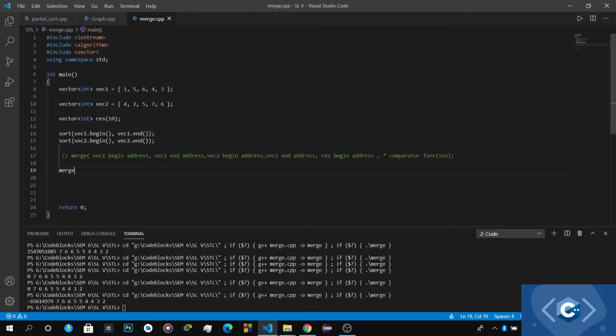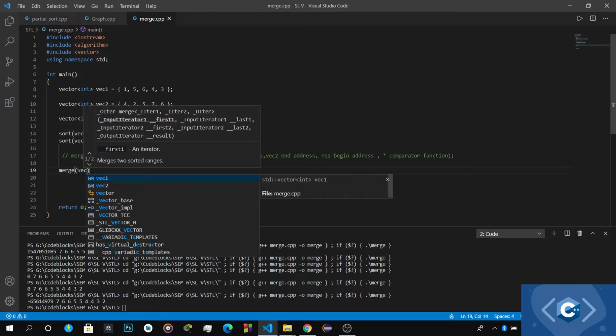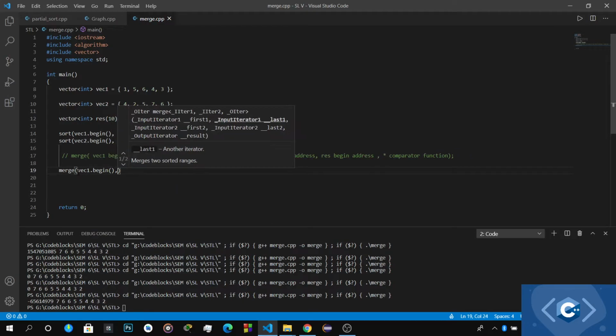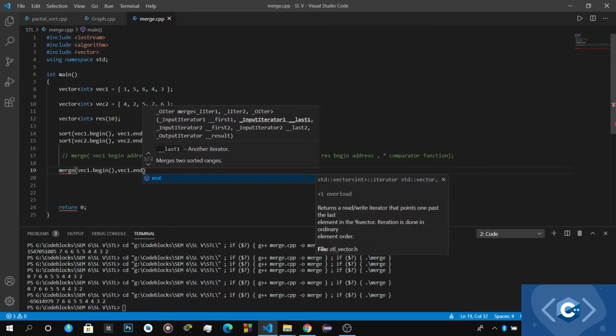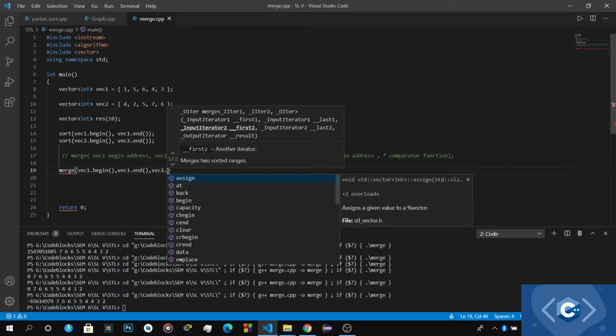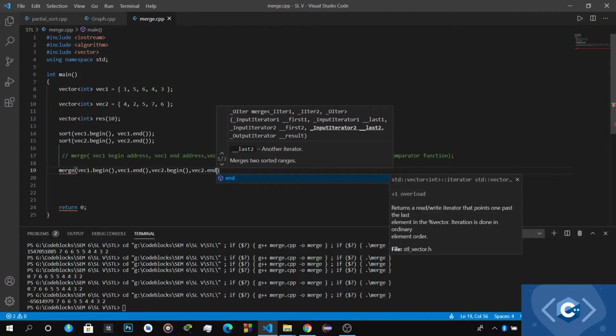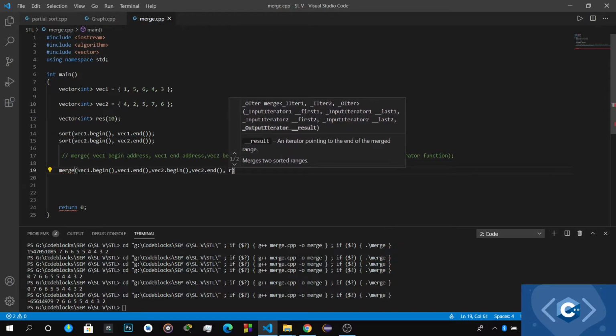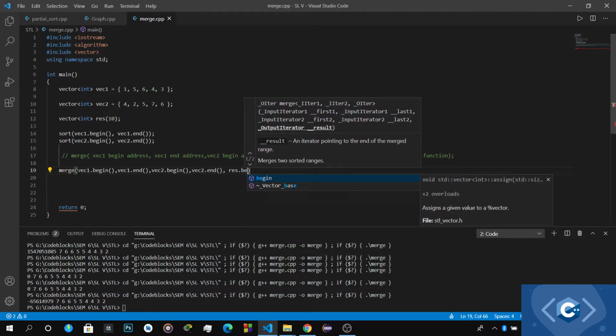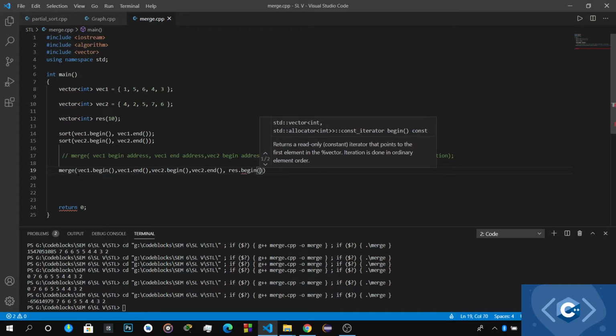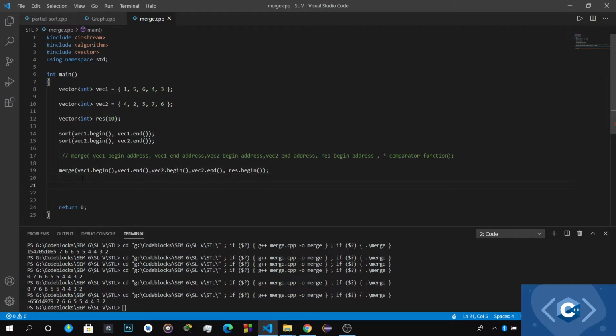Directly I will start with the merging of the two vectors. Third will be the resultant vector's begin address. And the fourth one, I will show you later, what is the use of the comparator function.